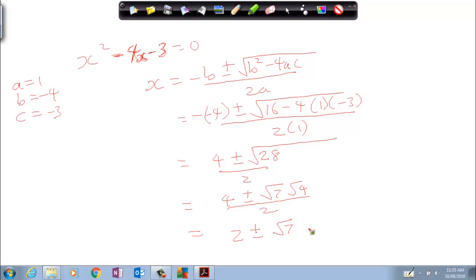So what we have is 2 x-intercepts. So the quadratic formula has told us that the quadratic has 2 x-intercepts. One is 2 plus root 7, and the other is 2 minus root 7. Now,